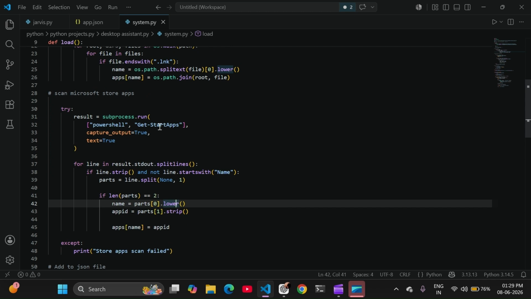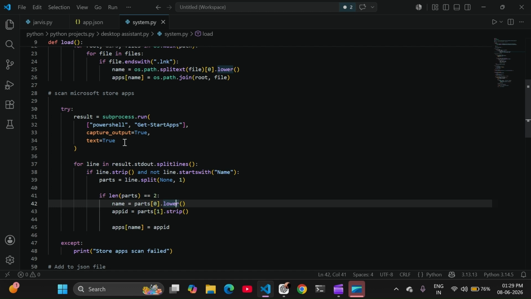Ultimately, this code just runs Get-StartApps in PowerShell, and capture_output=True is to get the command output inside Python. Okay, and text=True means it outputs as a string.